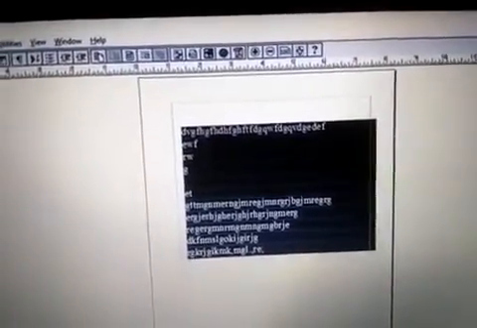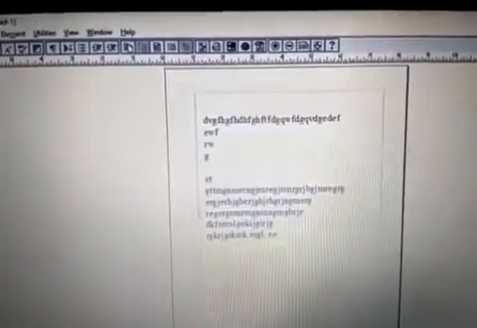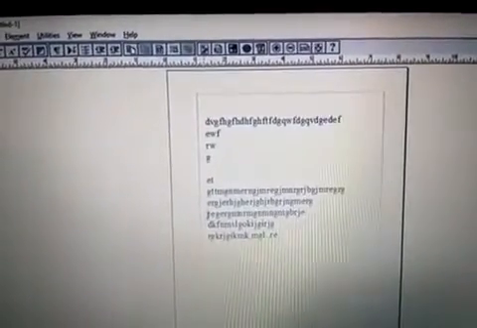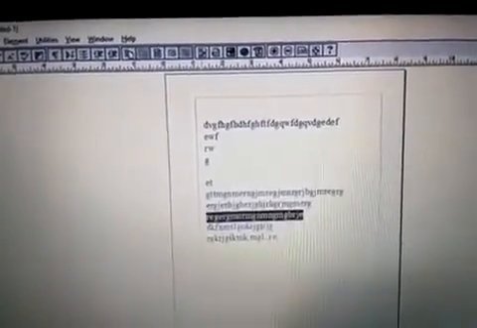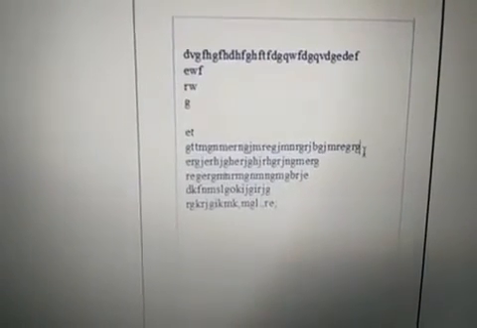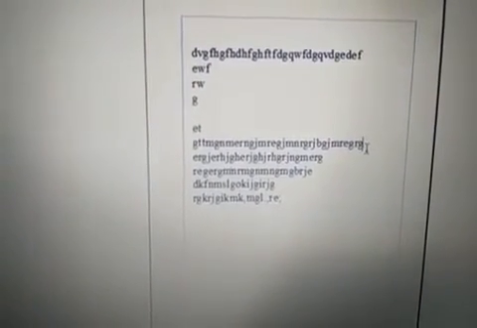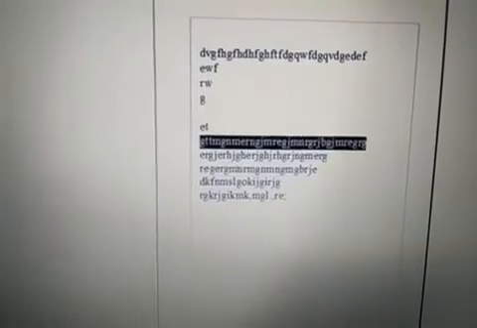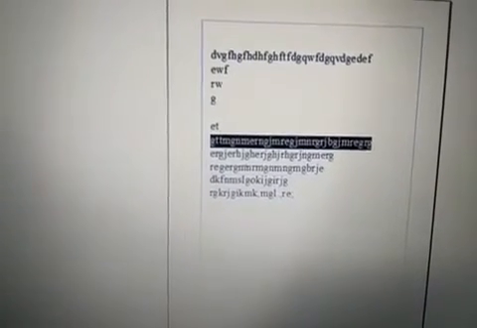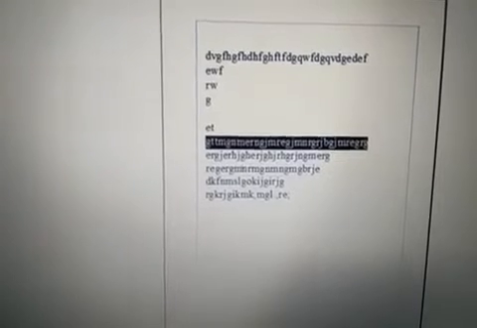If we want to select to the end of only one line, how do we select a particular line? We place the cursor here and press shift plus end so that the entire line gets selected. Likewise, if the cursor is at the end of the last line in this paragraph, by pressing shift plus home, the entire line gets selected. So wherever the cursor may be, you have to press the shift key.